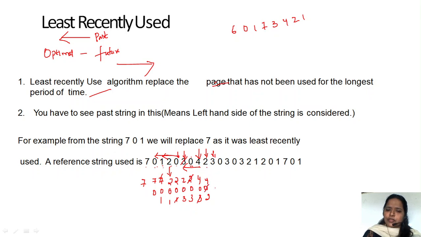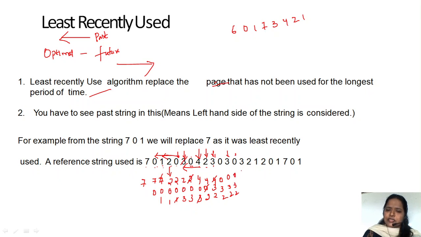So 0 place we have to insert. And now 0 3 2 4, in the fourth place we have 0 3 2. Now 3 is already there, we need not do anything. And now we have to insert 0, 0 is already there, 0 3 2.